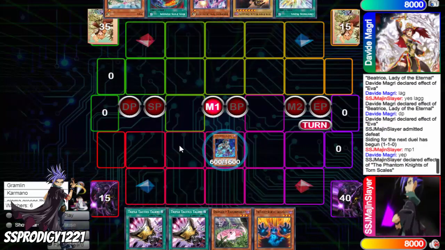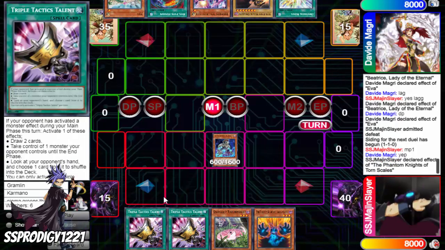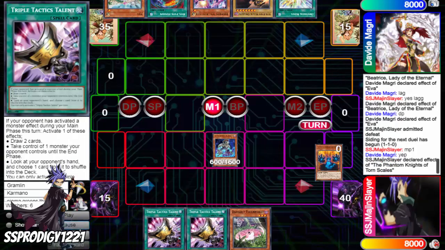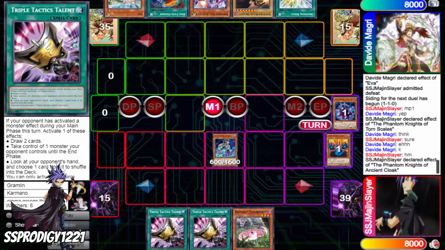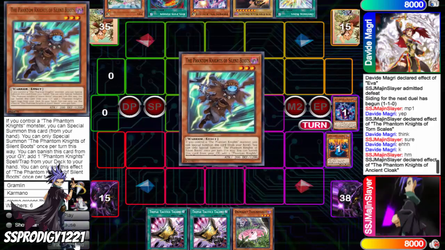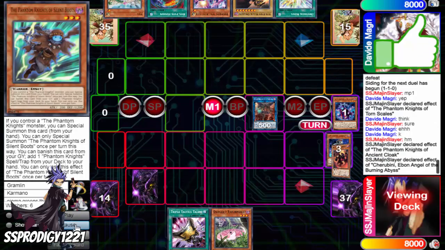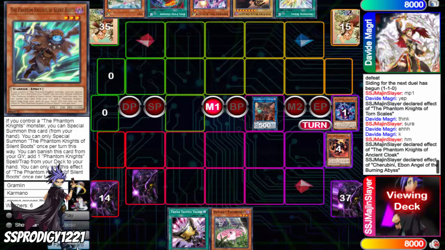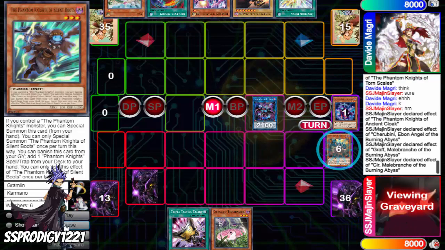This one I open up very fortunate. He didn't open up any hand traps, and even if he did, I had Triple Tactics Talent to play around that. And so yeah, I go ahead and prematurely dump the gloves to play around Nibiru, and then I go ahead and search out a boots. And now I set a card with Cherubini to play around Herald of Orange Light, bring out my Graf Seer, go into my Rusty Bardiche,